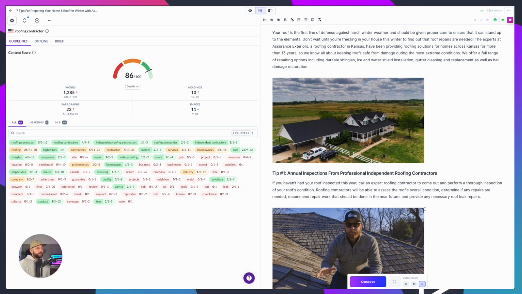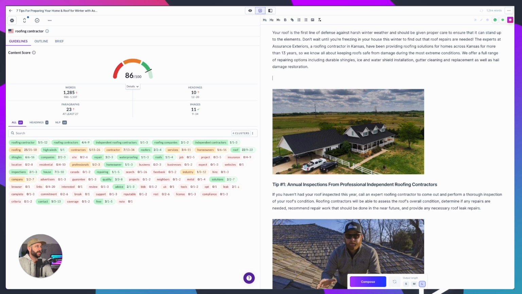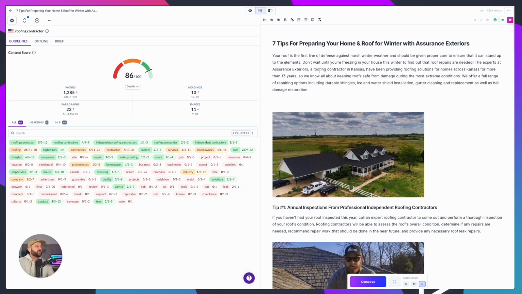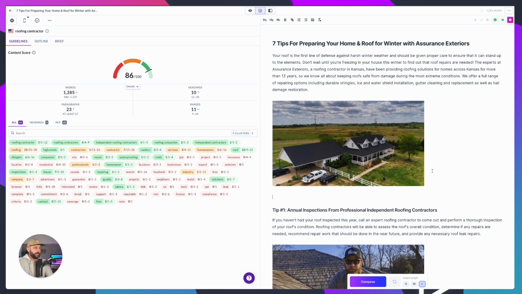So I'm not going to freak out about getting up to 27 paragraphs, but I am going to add in a few more headings. And what I might do here is use some headings, like an H3 tag on a heading that helps pull up some of these words that I want to use, and dials in more of those keywords. So like right here, what I might do is, right below the picture, I might do helpful tips,